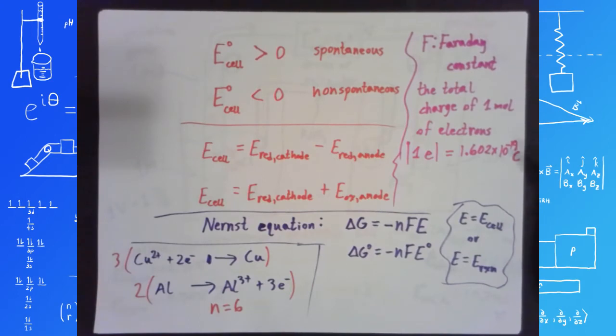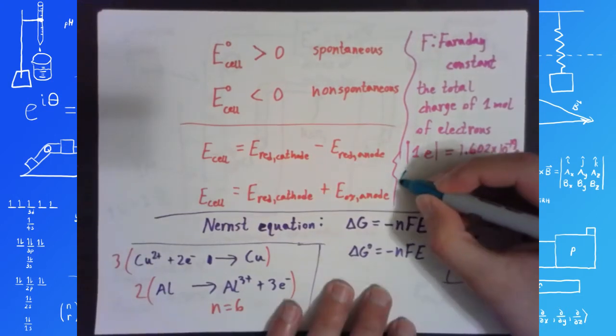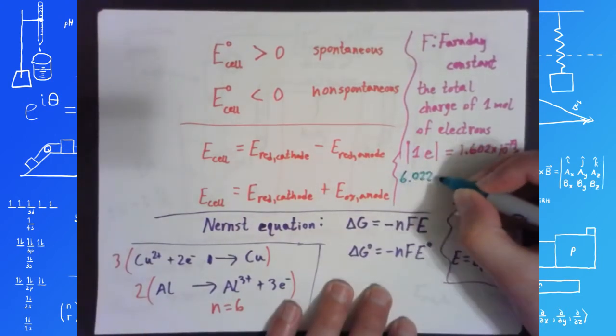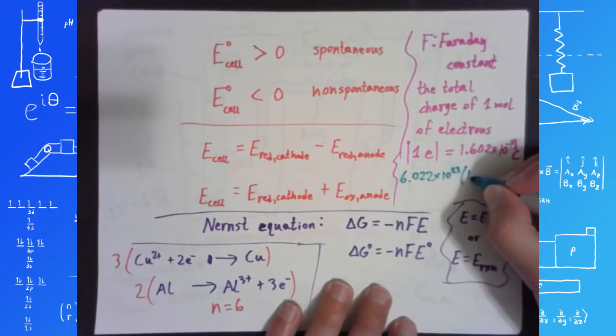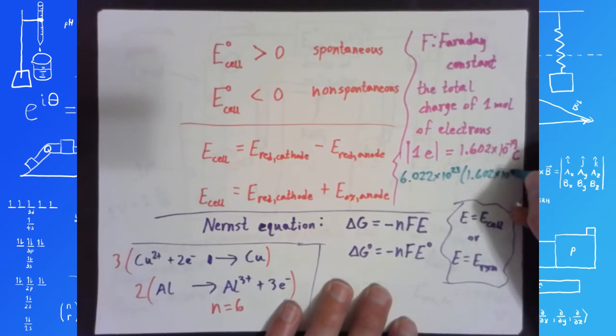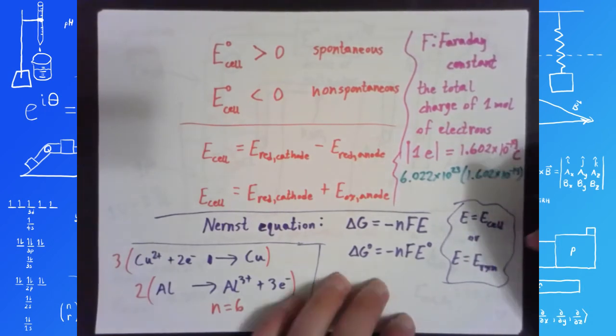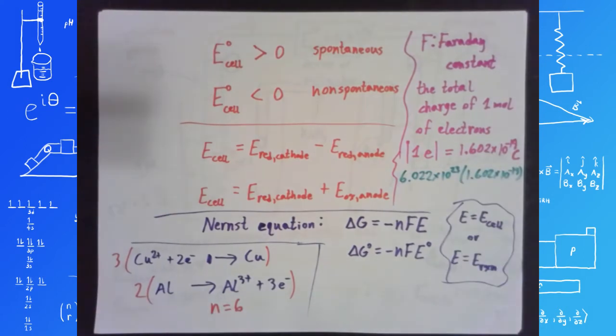If I have 1 mole of electrons, then just multiply this by Avogadro's number. So I'll do that in green. If I do 6.022 times 10 to the 23rd times 1.602 times 10 to the negative 19, then that gives us